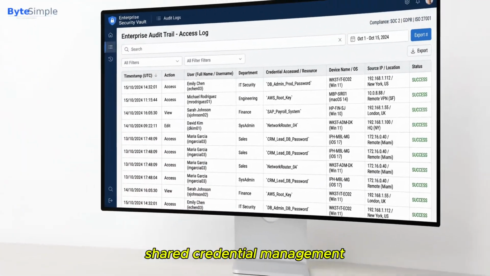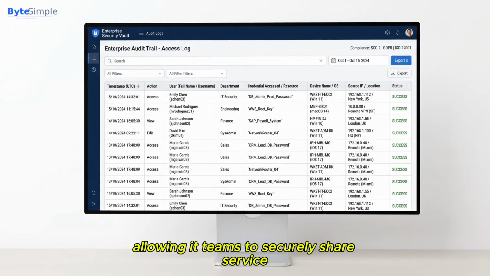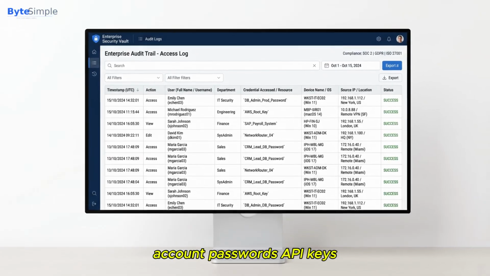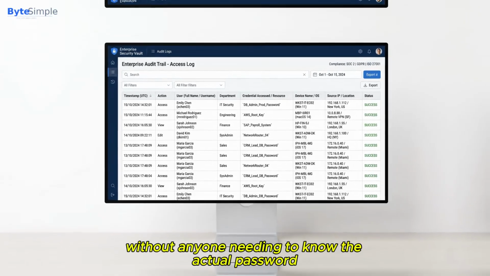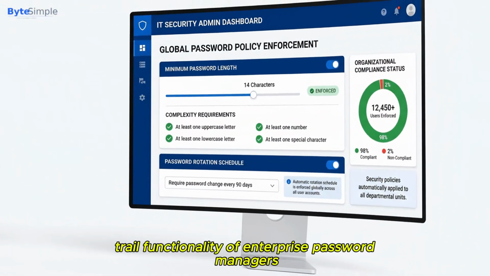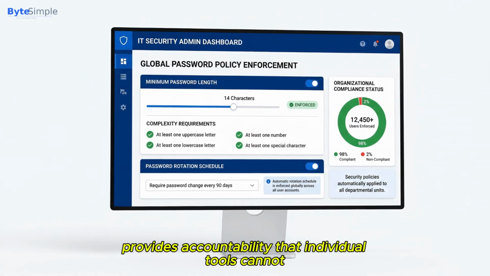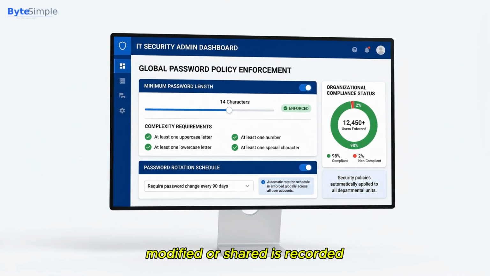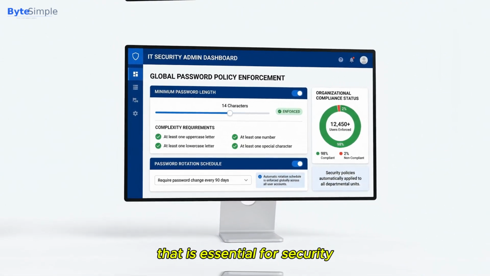Shared credential management is one of the most critical capabilities of enterprise password managers, allowing IT teams to securely share service account passwords, API keys, and system credentials among authorized employees without anyone needing to know the actual password value. The audit trail functionality of enterprise password managers provides accountability that individual tools cannot. Every time a credential is accessed, modified, or shared is recorded,